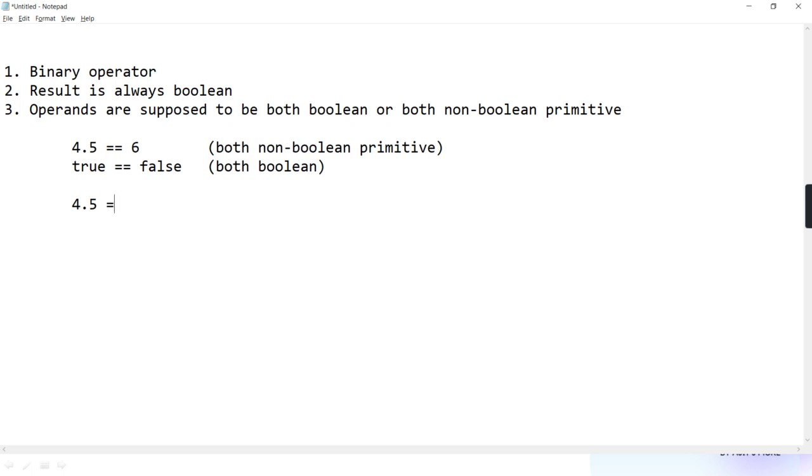But if I am comparing like this, 4.5 double equal to true, it is not allowed, it is illegal. So only what you have to remember: either both are Boolean or both are non-Boolean primitives, but one non-Boolean primitive and one Boolean primitive is not allowed.